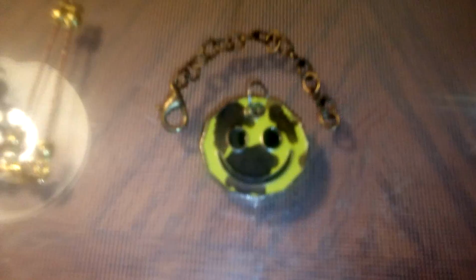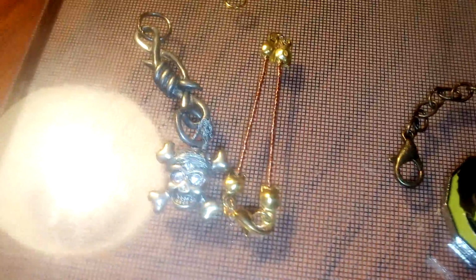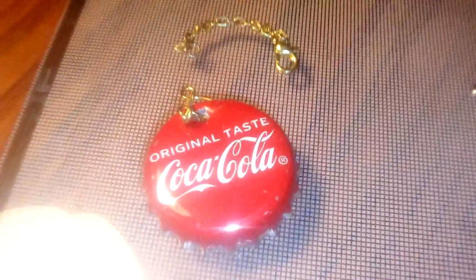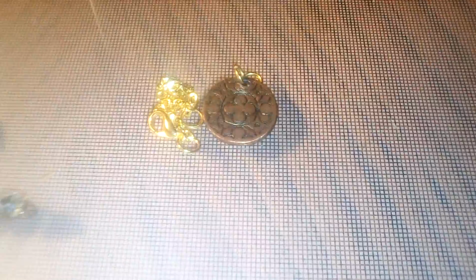Today I'll be assembling 10 different mixed odd charms. Got all sorts here. Post-apocalyptic smiley face, pirate skull with some barbed wire and e-waste dangle charm components, classic Coca-Cola bottle cap, some crystal droplets, gold plated, more gold plated material, recycled copper charm pieces,